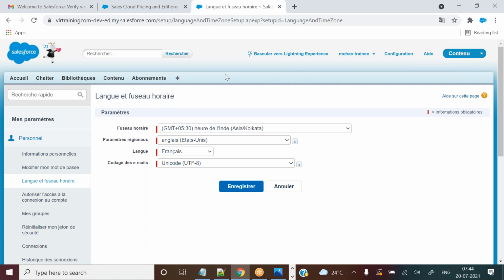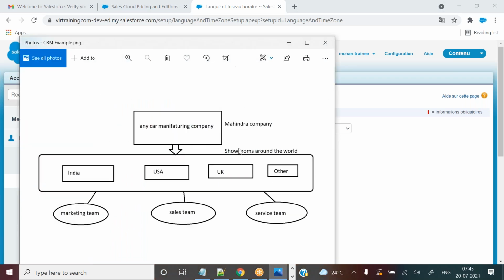Because in real time, what will happen is, people from different countries, you are going to work in a project, right? That project's client, I mentioned already. Suppose here Mahindra Tech, and the Mahindra company is the client. The Mahindra company might be established in different countries.